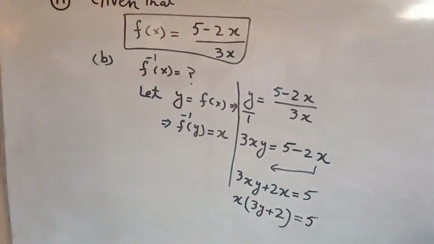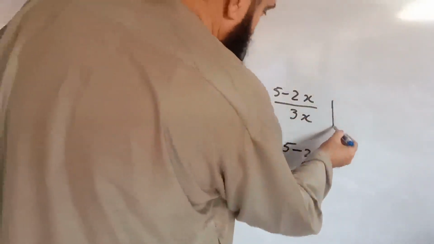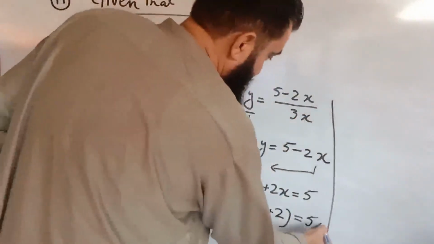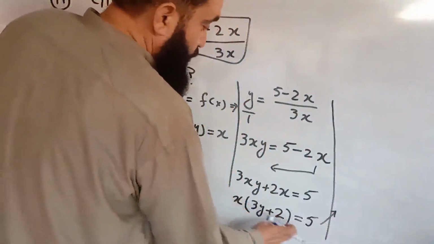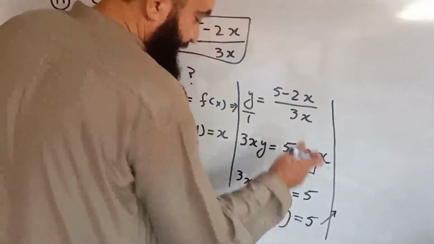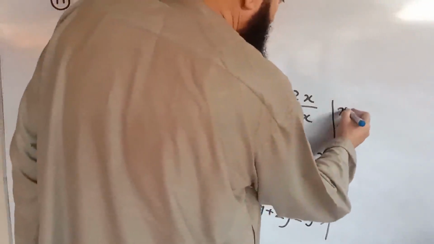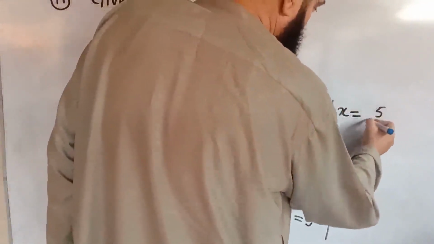We have to make x the subject of formula. Therefore, I can write it right here. Take this 3y plus 2 to the right hand side. It is being multiplied here. It will be divided here. So this will become x is equal to 5 over